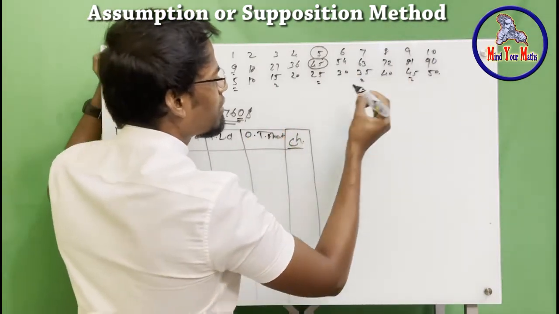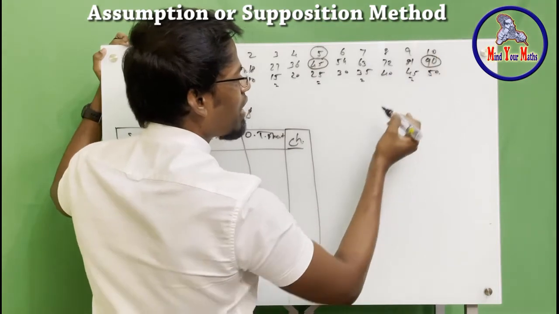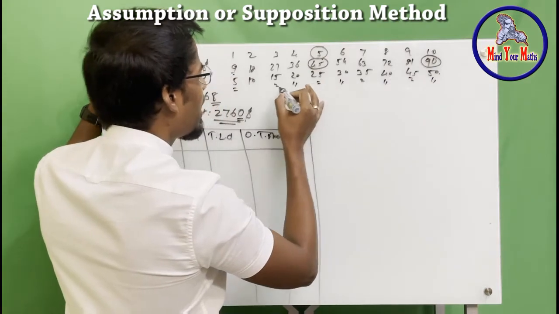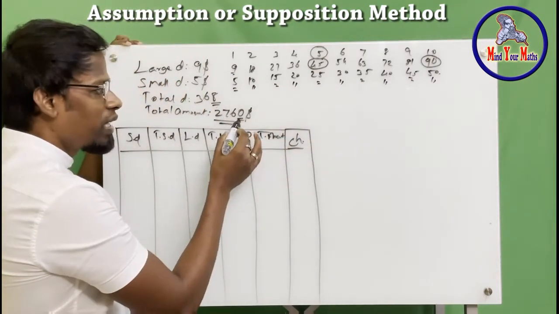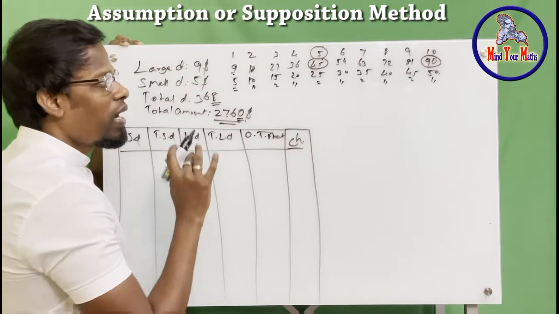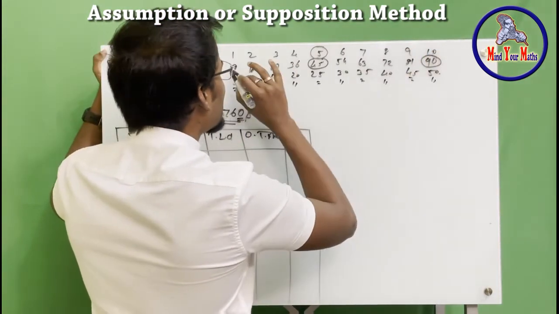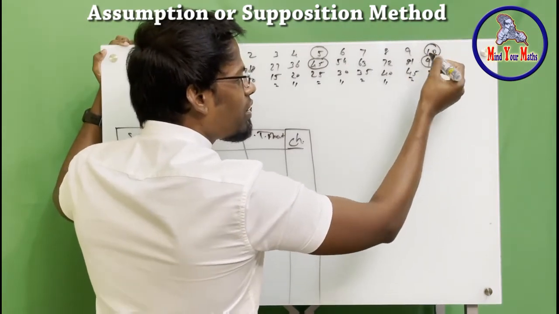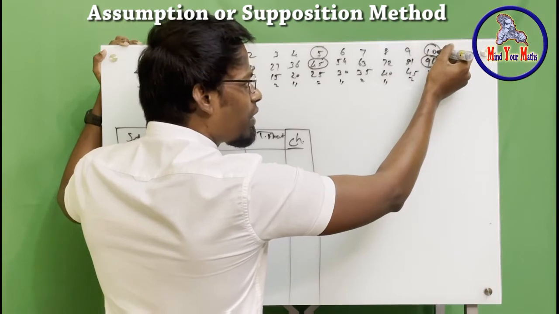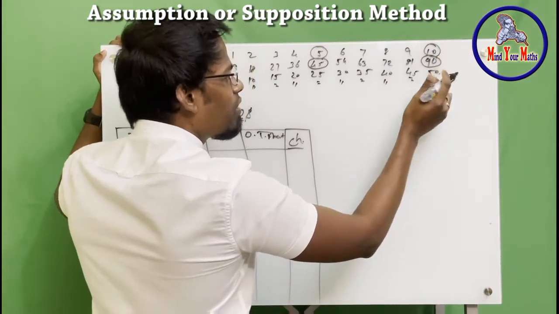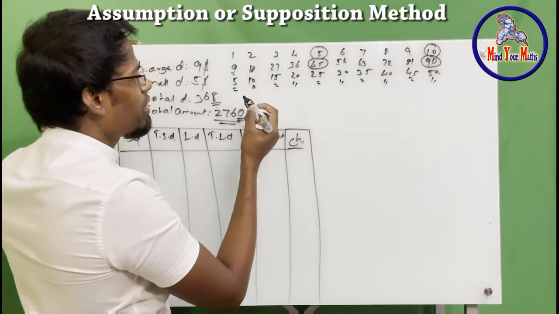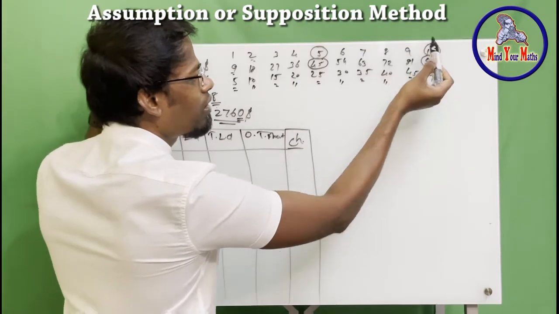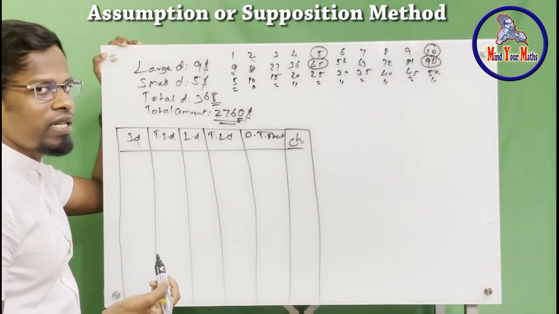Another option is this 90. If you add it with any of these values ending with 0, you will still get 0 as well. So the other possibility is that you multiply the large durian by a number ending with 0, and then for the small durian, you can pick a value ending with 2, 4, 6, 8 or 0. So that's a small tip.